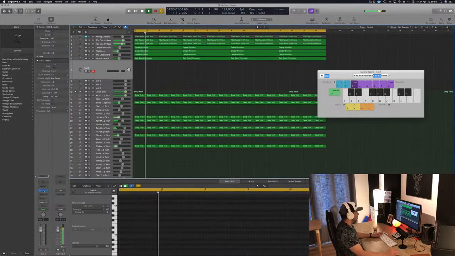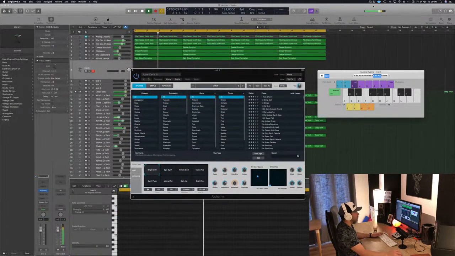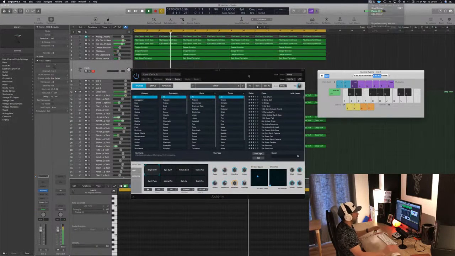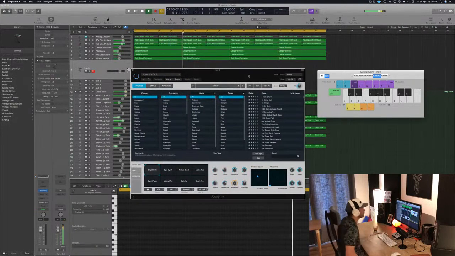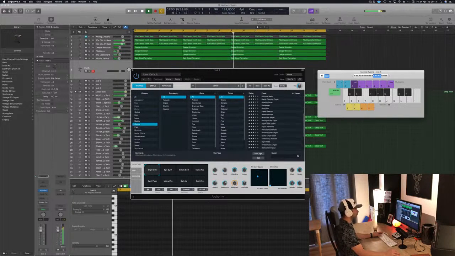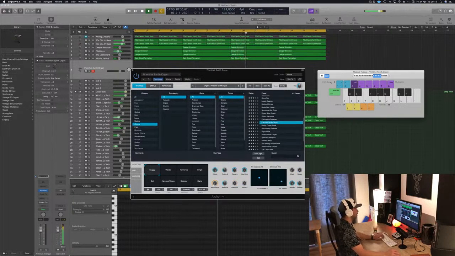So we're gonna give the lead another try. Check where we're at. 29 minutes. Should I do keys? Should I do leads? I think I'm gonna do organs. I've been lucky with organs lately to do my kind of leadish sound, so